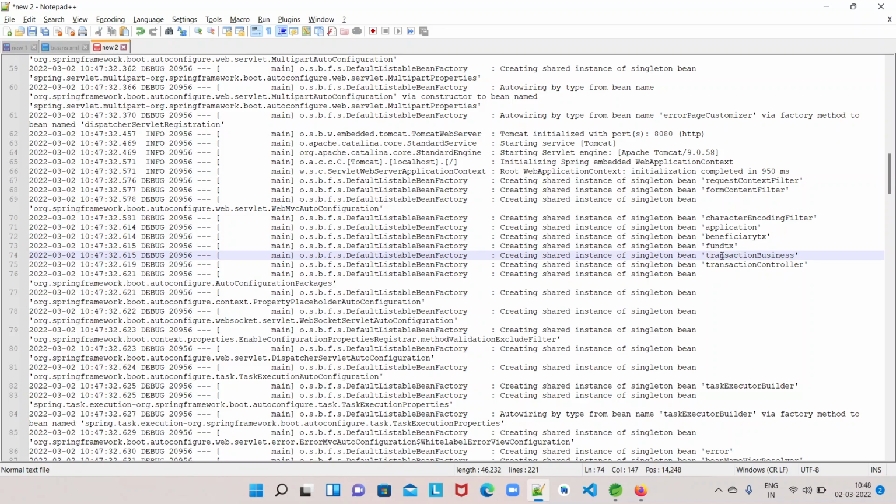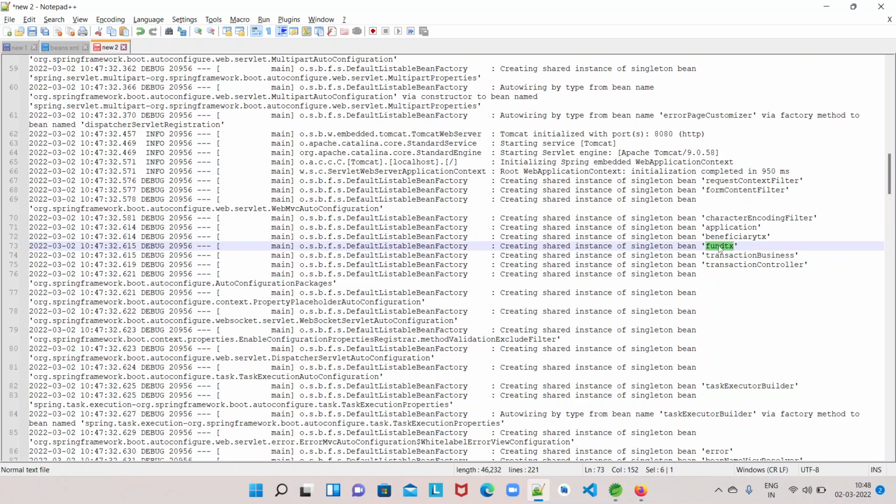Otherwise, it will be created exactly the same as the class name or the component name. As we mentioned a separate name for it, it is creating the bean with the name we mentioned for the fund transaction and for the beneficiary type transaction. Okay, so these are the names.